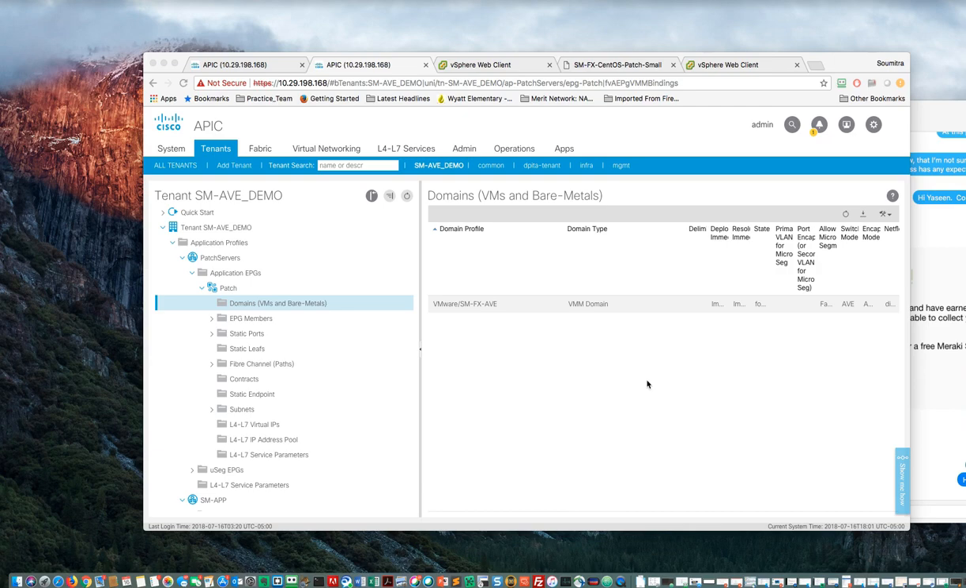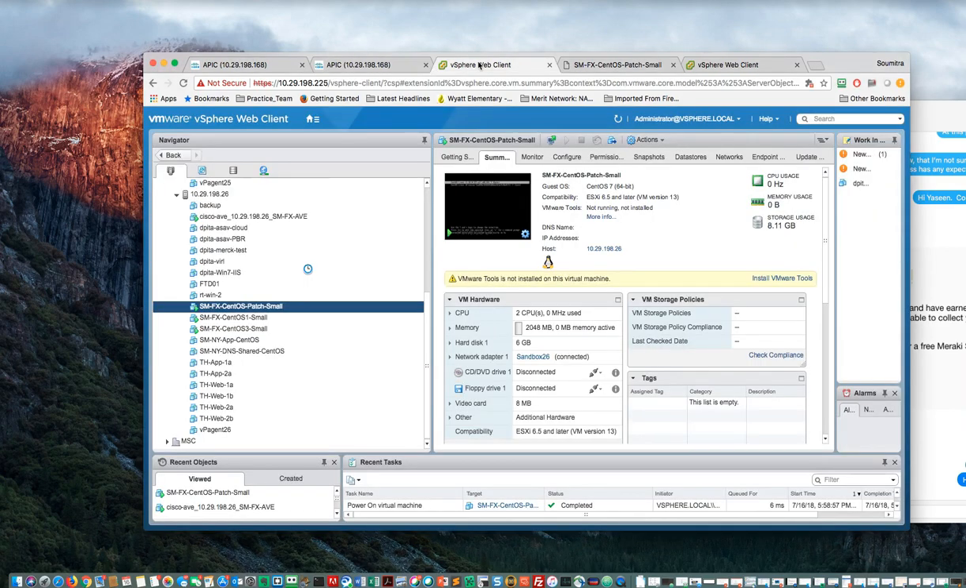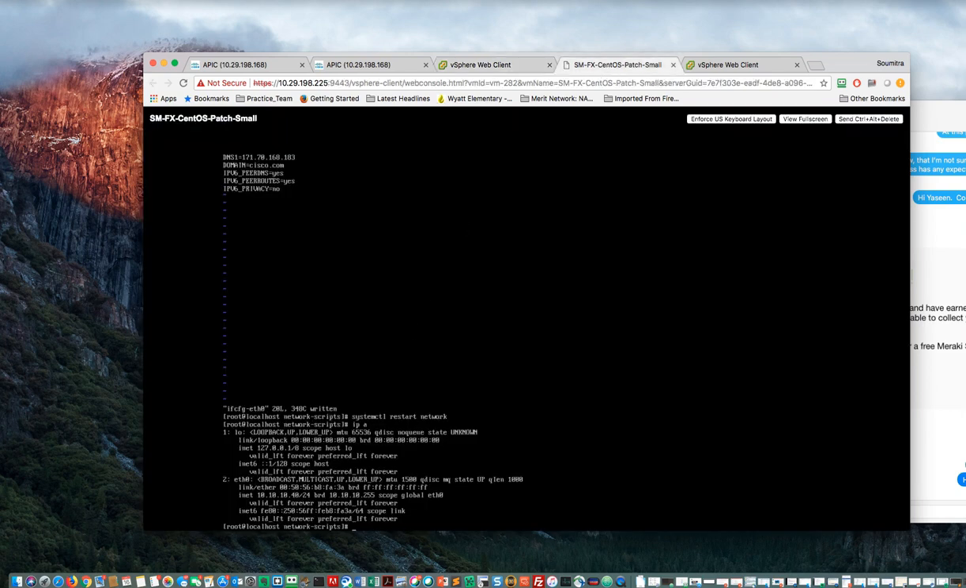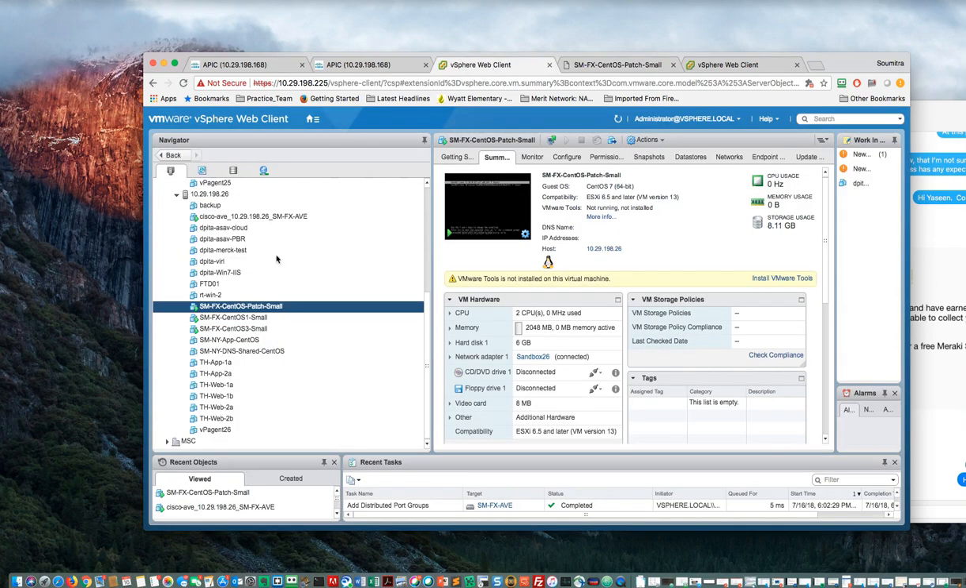Now that I've done that, I'm going to go ahead to vCenter, and I have this patch server sitting over here, and I've opened the console to it. I just went ahead and configured the IP address, and you can see that the IP address is 10.10.10.40. So now I'm going to go ahead and edit that,